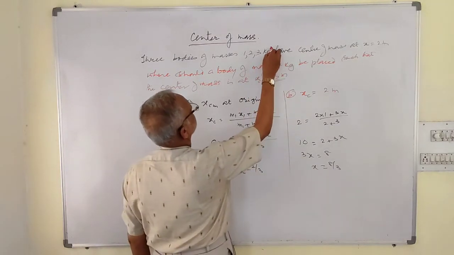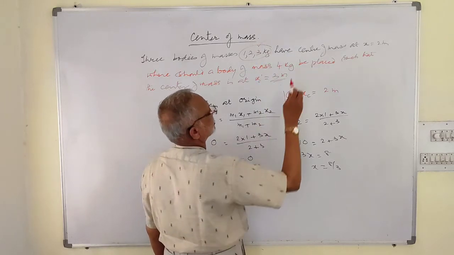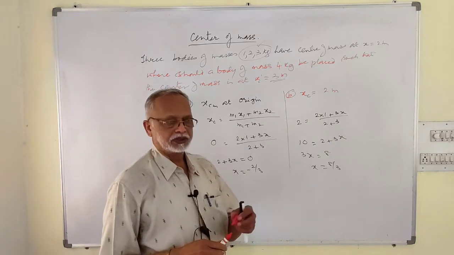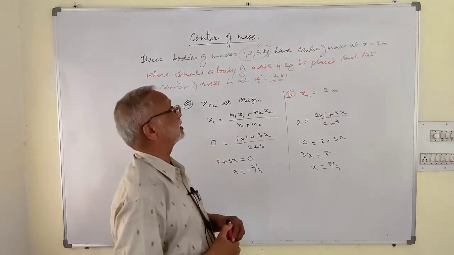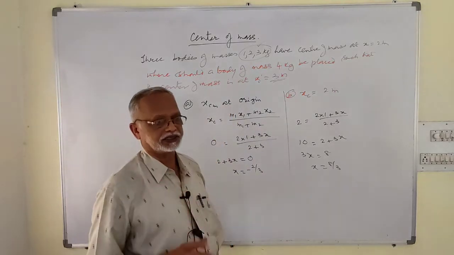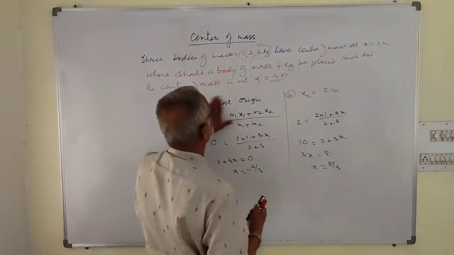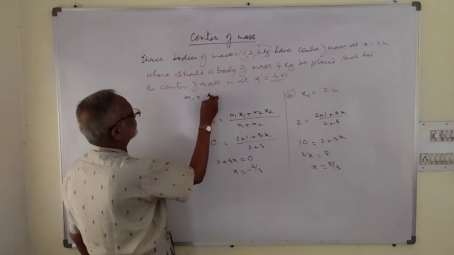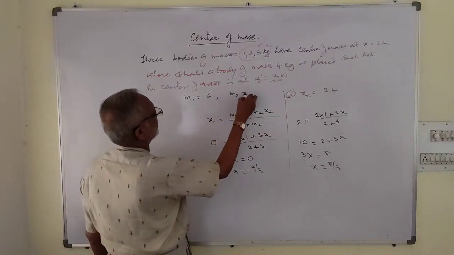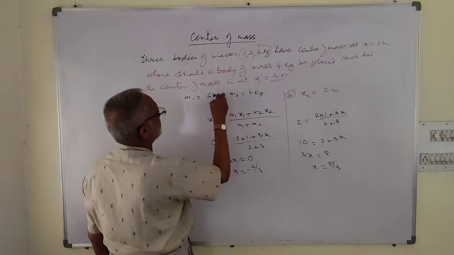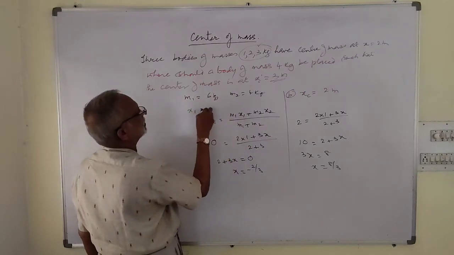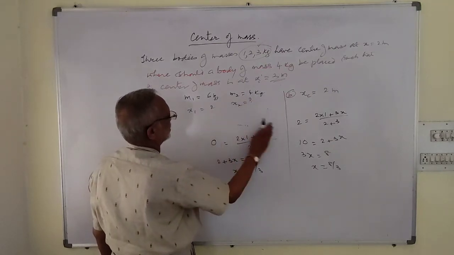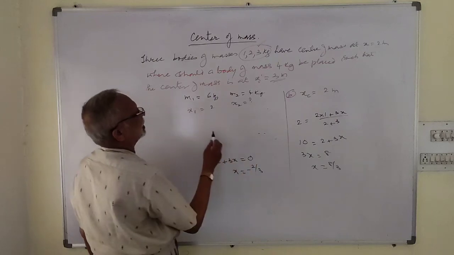Here we have got 3 bodies. For them put together, the center of mass is at x is equal to 2. Even though there are 3 bodies, for the present problem, we can consider them as a single body of mass 6 kg. So this problem is simply: m1 is 6, m2 is 4 kg, x1 is at 2, x2 we have to find, x is given as 3.